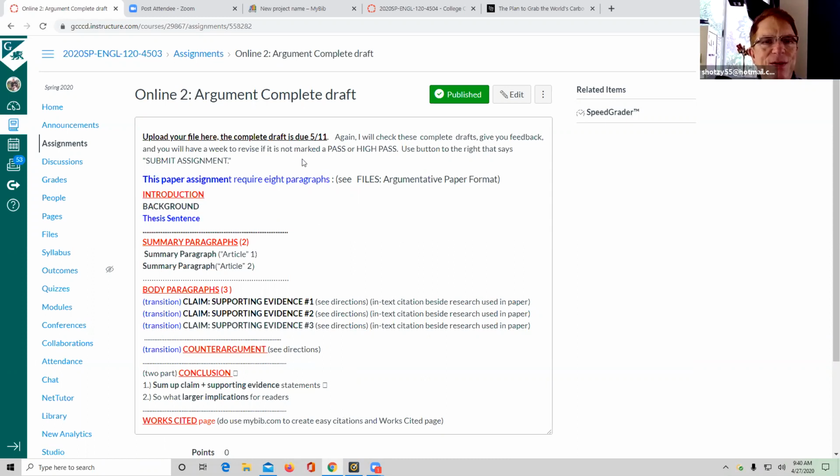So the complete draft is due on 5/11. It's going to be 8 paragraphs total. Introduction: you're going to have a background on climate change, what's going on, why is it an important issue. Your thesis sentence is going to be about these 2 ideas, and you're going to argue maybe we should do both, set up a new plan for climate change,